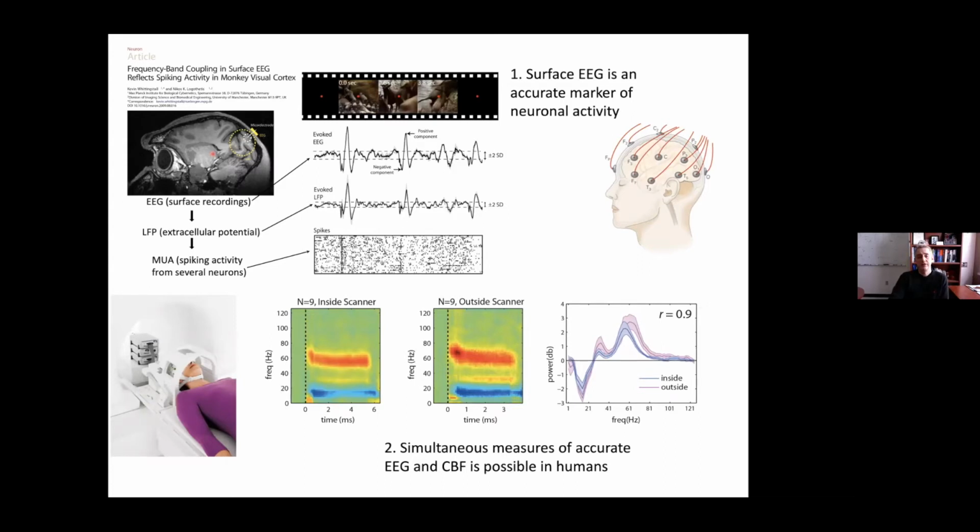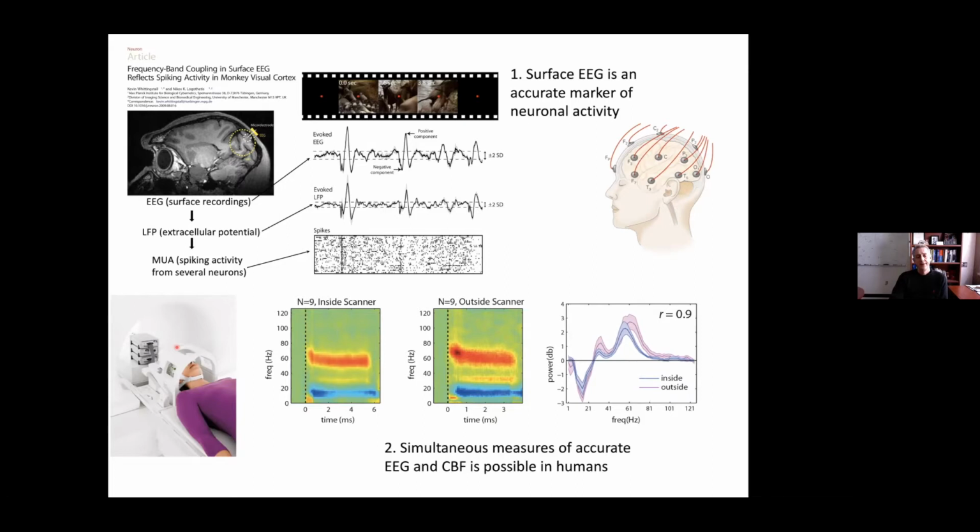And what we found is that the surface EEG signal, despite being far away from the neurons and relatively lo-fi in terms of technology, was a highly accurate marker of neural activity. So EEG does do a really good job of measuring these extracellular signals. The nice thing about EEG is that you can couple it with MRI to do simultaneous EEG and MRI measures